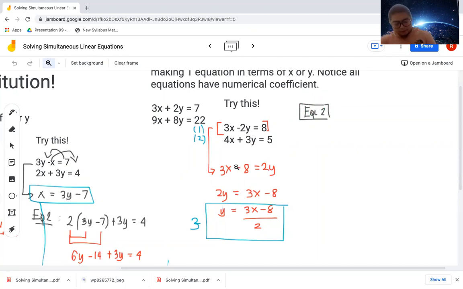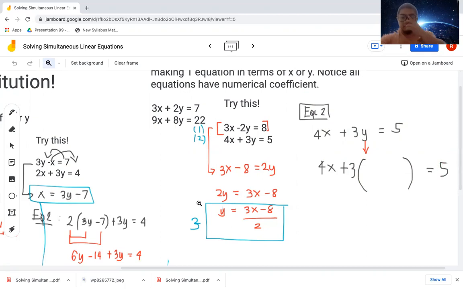So equation number 2 is 4x plus 3y is equivalent to 5. So now what you're going to do is replace this y with this particular value, 3x minus 8 over 2. So this is how it's going to look like: 4x plus 3 multiplied by the value of y is equivalent to 5. And we know that the value of y is equivalent to 3x minus 8